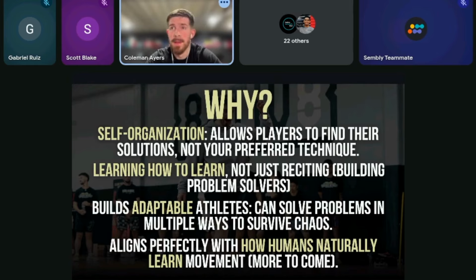Because in reality, in a small-sided game or in a drill that allows for them to explore via constraints, they may find 8 different solutions that work for them, a few of which you may have never even thought of, or not in the context of that athlete. So self-organization is huge. With this, they also learn how to learn. So instead of just, hey, coach tells me this, I recite. Coach tells me this, I recite. They are problem solving every time. And as a result, with every problem that they solve, they become a better problem solver.